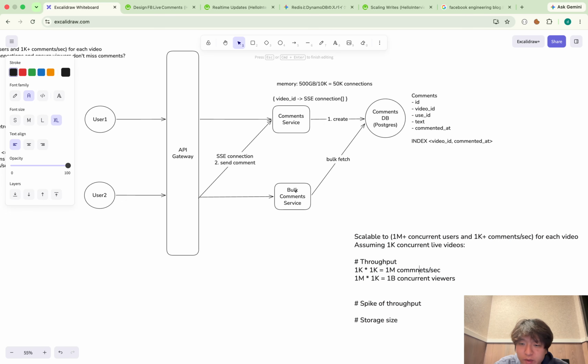Which means that 1 million divided by 50K. Wait, what are we talking about? Oh, sorry. I'm now talking about the concurrent viewers, not the throughput.